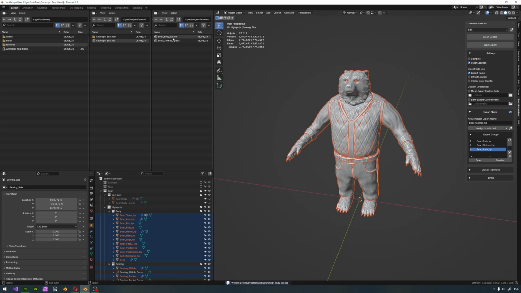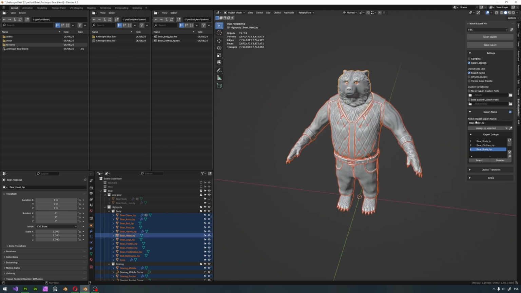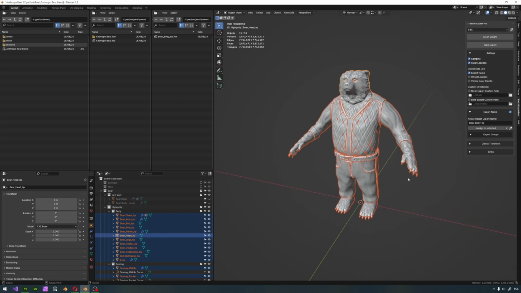Now we have 2 files. If we wanted to only have the bare body high poly, then we will select active object that has this export name and we will press combine. This way we will get the whole export to one file. We'll refresh it. Okay. Now when we have it, we will export again our low poly and go to the